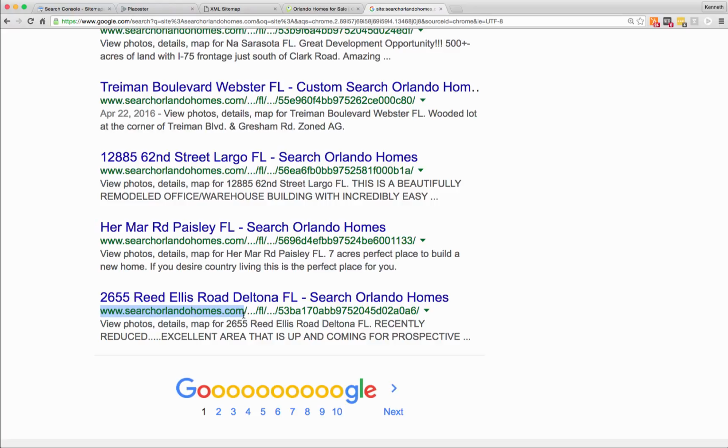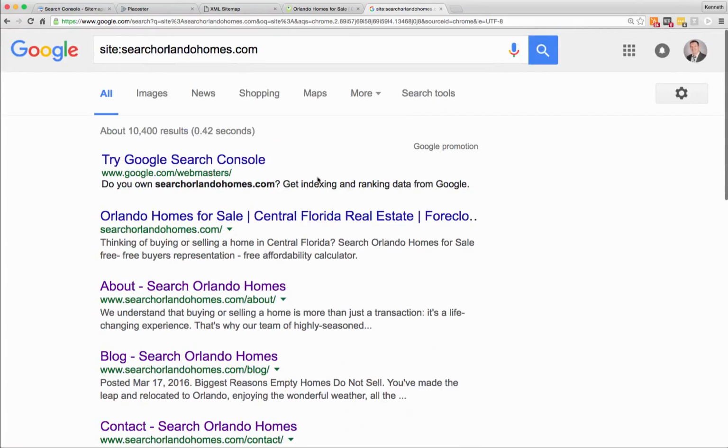Now that's powerful because if someone types into Google that maybe they're driving by down Reed Ellis Road and they see that 2655 is for sale, they may go back to Google or may go back home, turn on Google and type in that 2655 Reed Ellis Road in Deltona. And then this website would be in the Google search engine for that. Now it might not be on the first page. There are other pieces to the search engine equation to make sure that your website's indexed well, but this is the first step. So I hope you can see the value in the Google Search Console and submitting your sitemaps